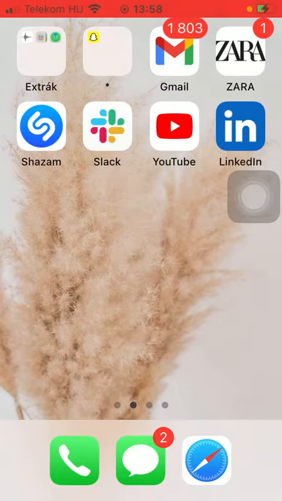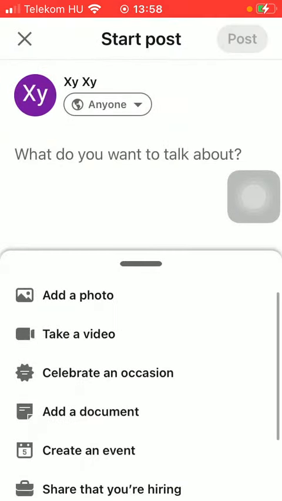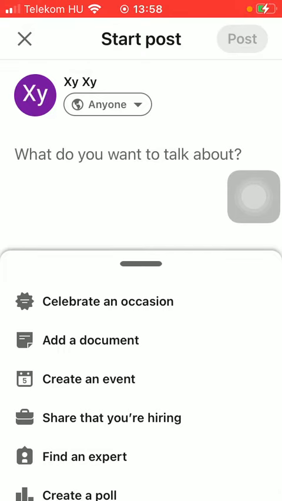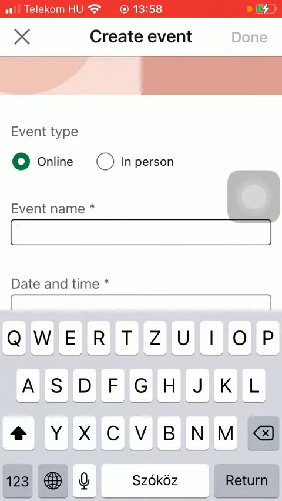First of all, open the application on your phone, then tap on the post button down below that you can find, but that's the third option. Click on the create an event button, then you should select your event type such as online or in person. Then you can also add the pictures to it. Type in the event name,